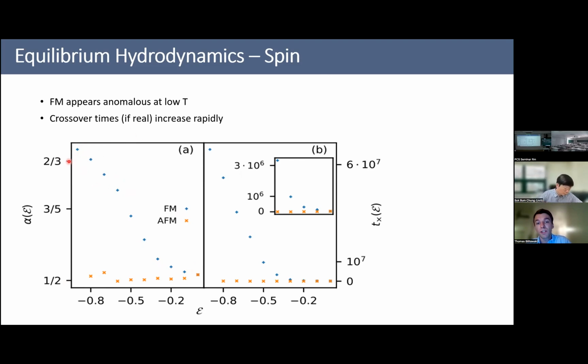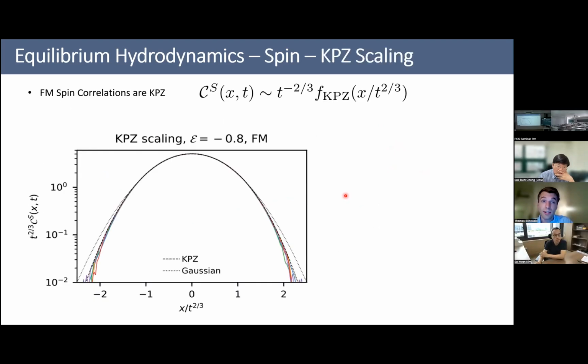So let's suppose there's a crossover from this exponent to a half. You can ask what the crossover time would have to be such that we didn't see it. If you extract such a crossover time and plot it versus energy, you see it seems to blow up for the ferromagnet. So if you believe there's a crossover at super long times, this crossover has to be beyond 10⁷ exchange constants. It could very well be that eventually it becomes diffusion. However, if it does, it happens at astronomically large times. So this is all about this exponent. Now, the most convincing evidence is again looking at